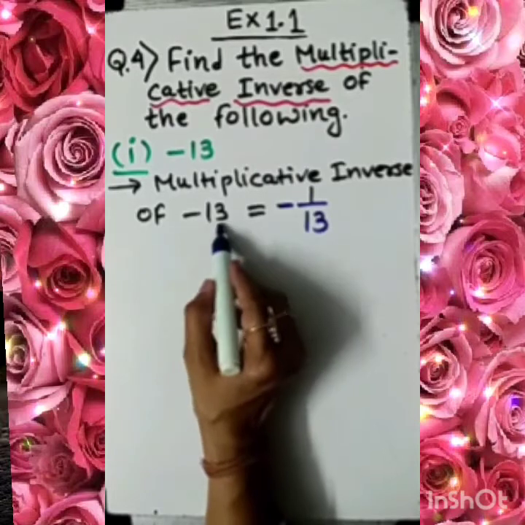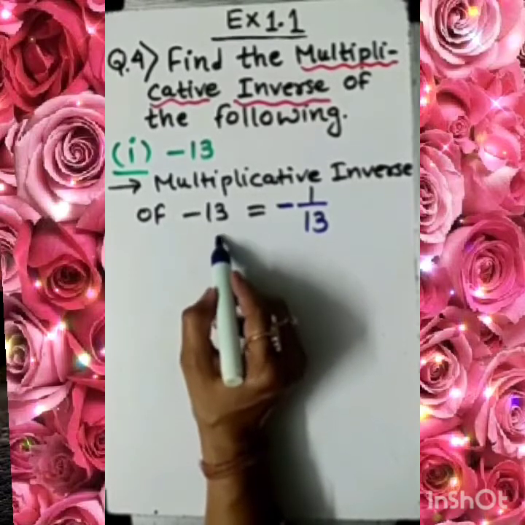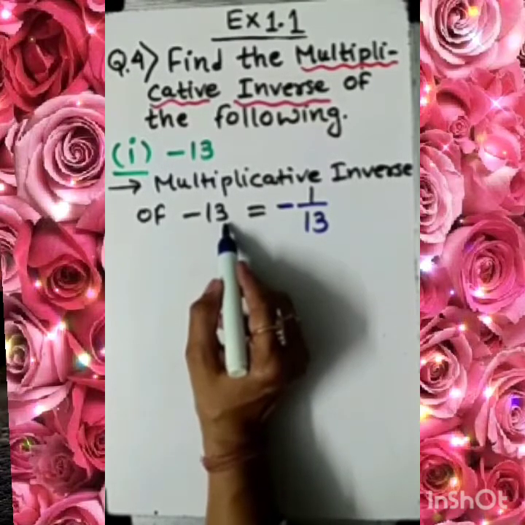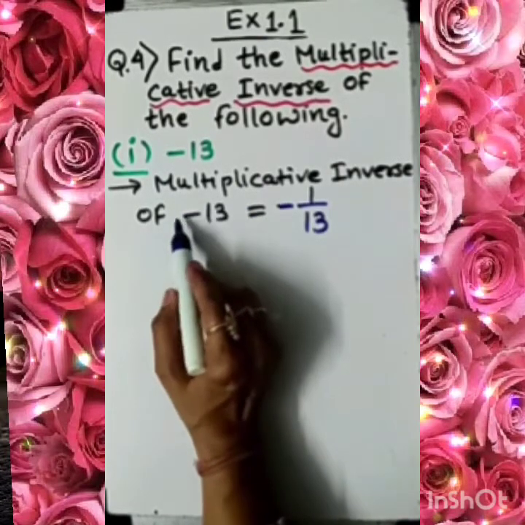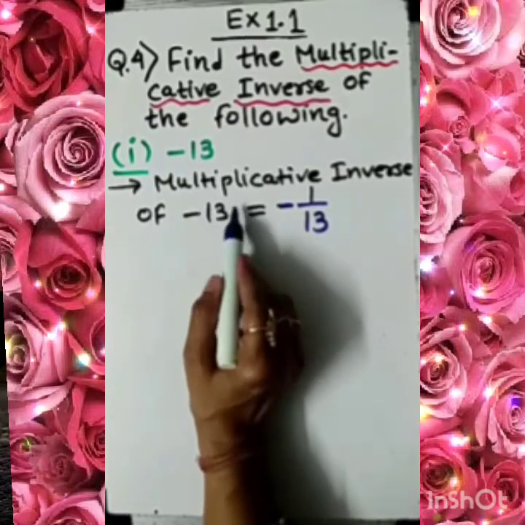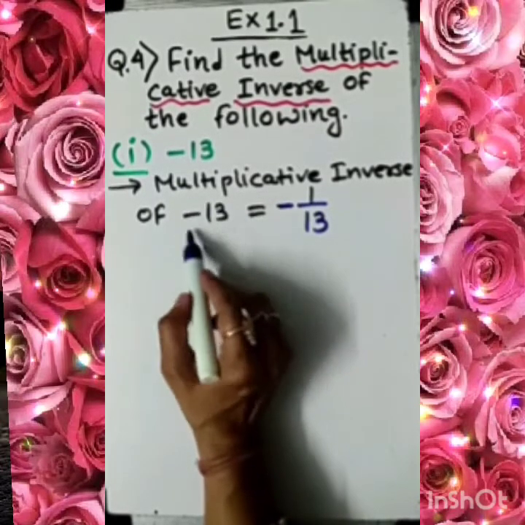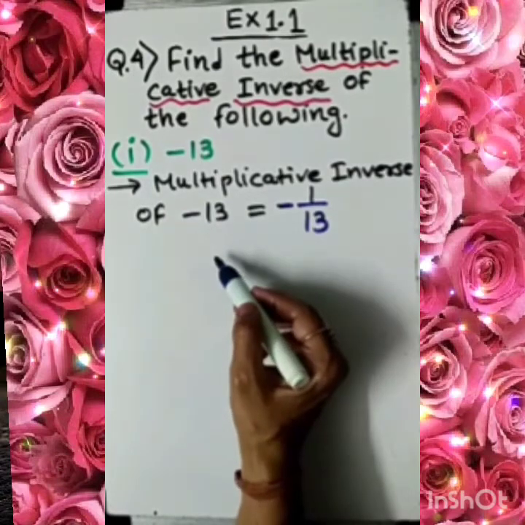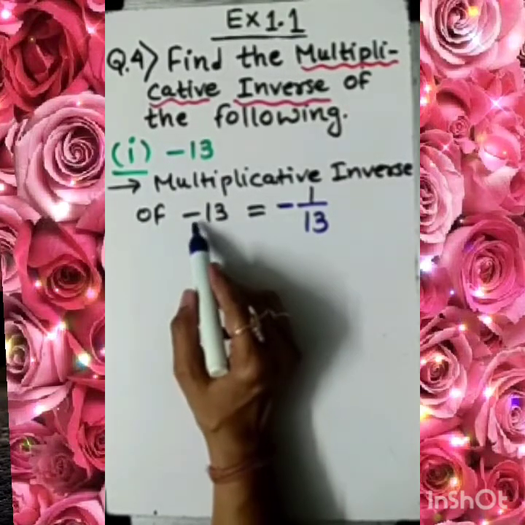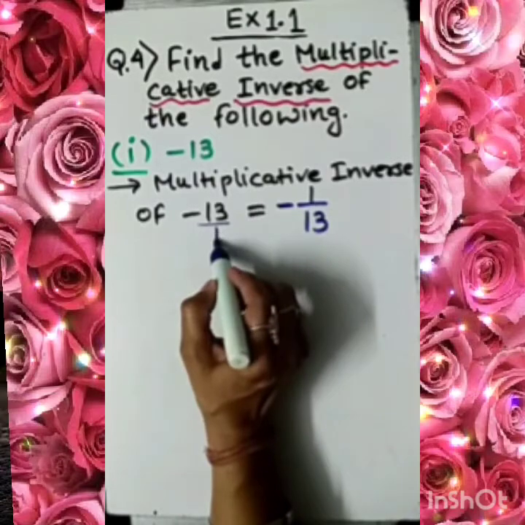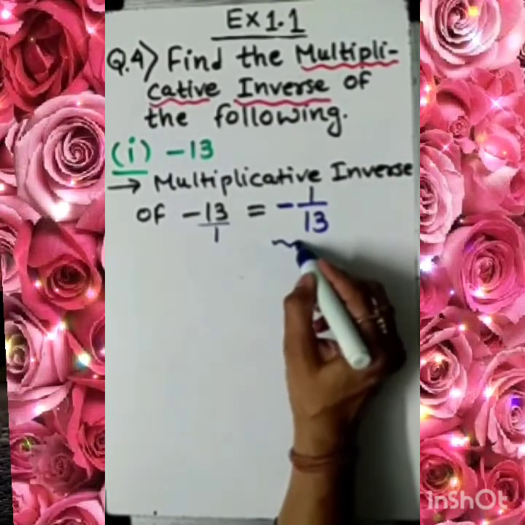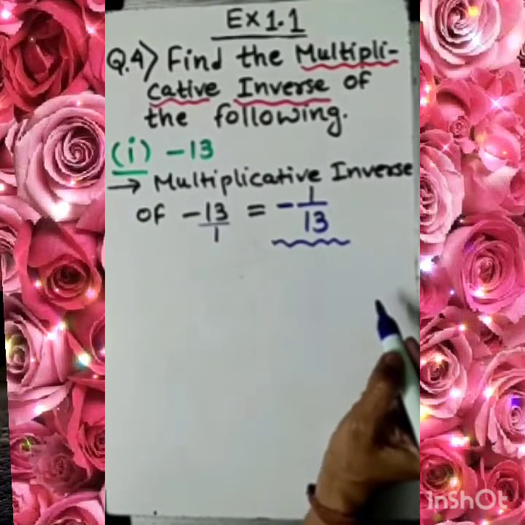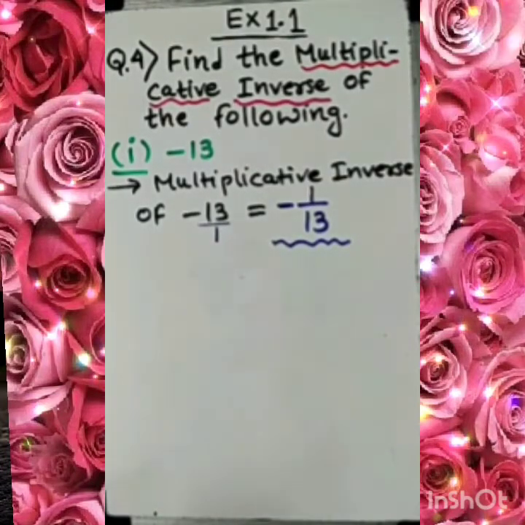Now as we are not given anything here, always consider minus 13 is an integer, as we studied in the explanation of rational numbers, that all the integers are also rational numbers, because we can write minus 13 as minus 13 by 1. So what will be the reciprocal? Of course, the reciprocal will be minus 1 upon 13. Clear to you?